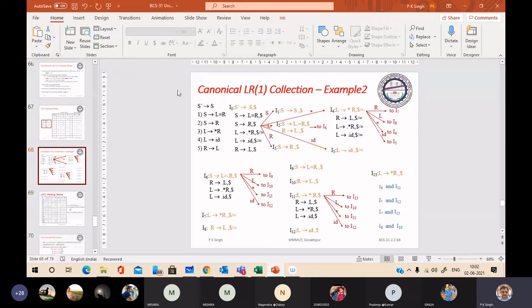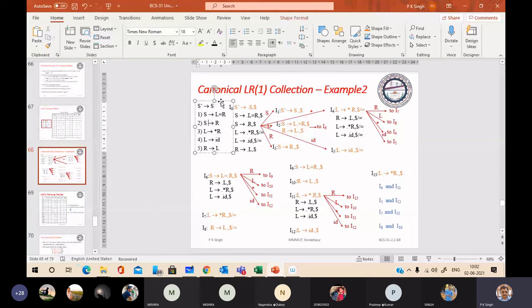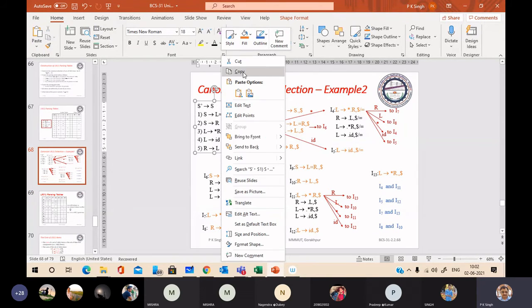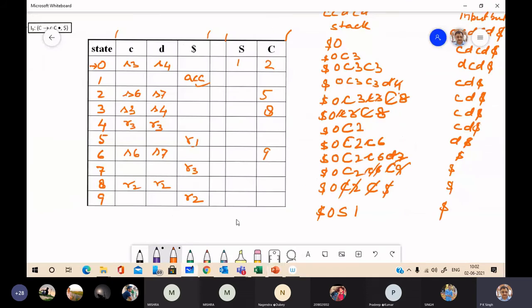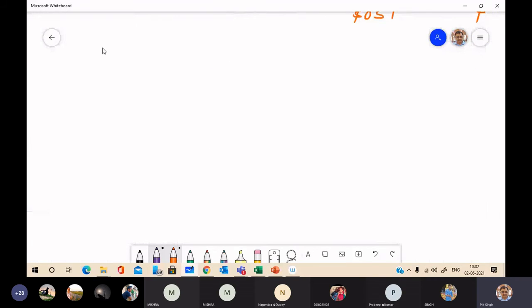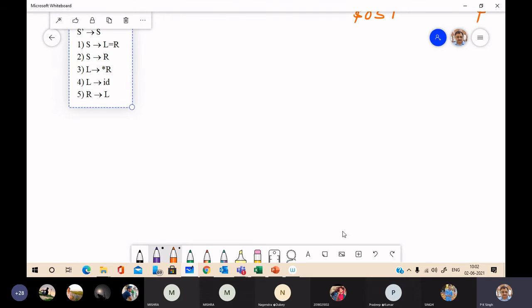First we will compute and then discuss. This is the grammar, augmented grammar.